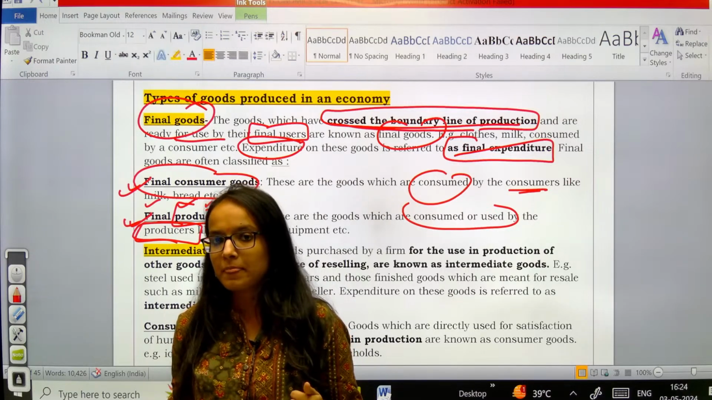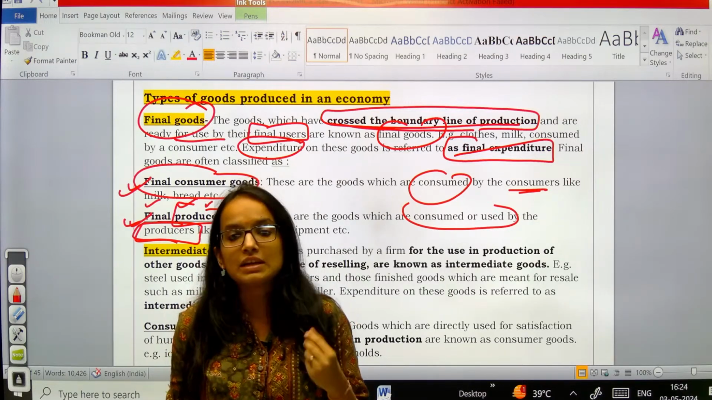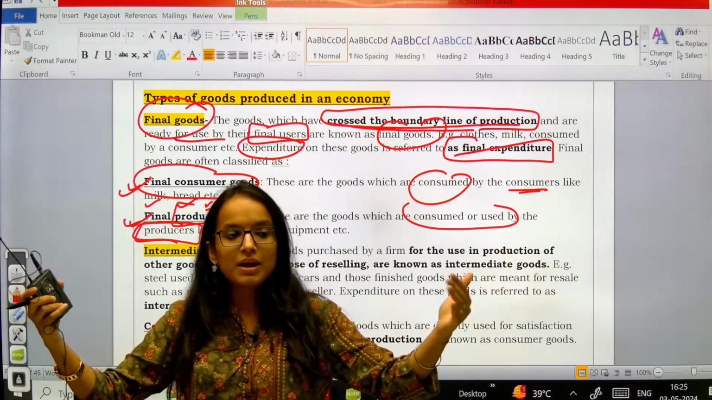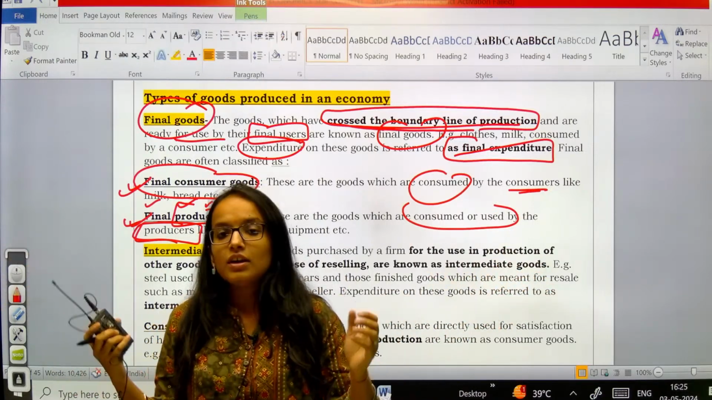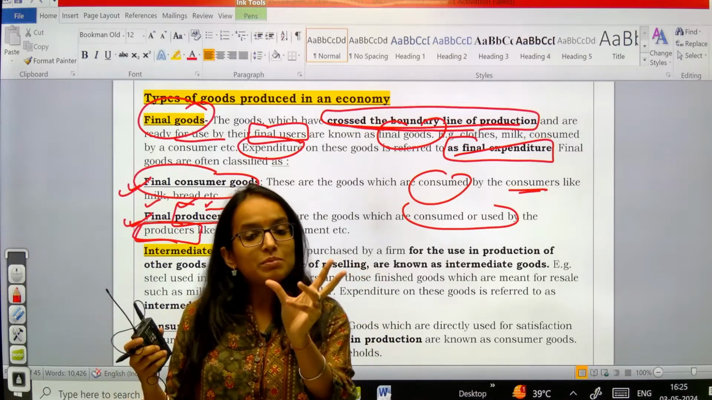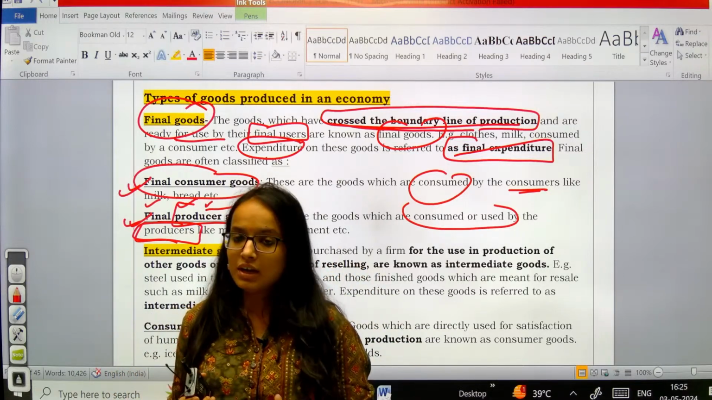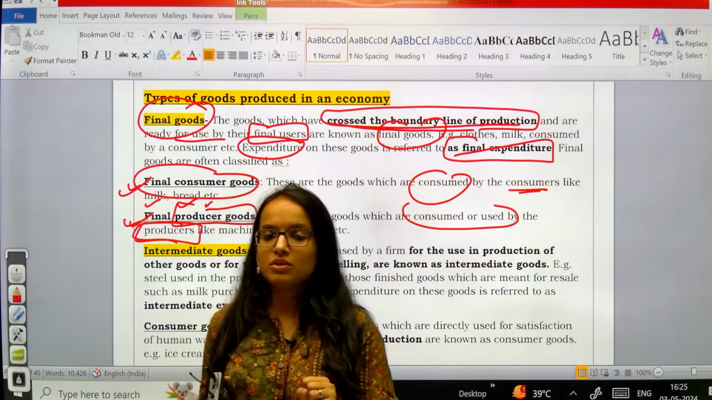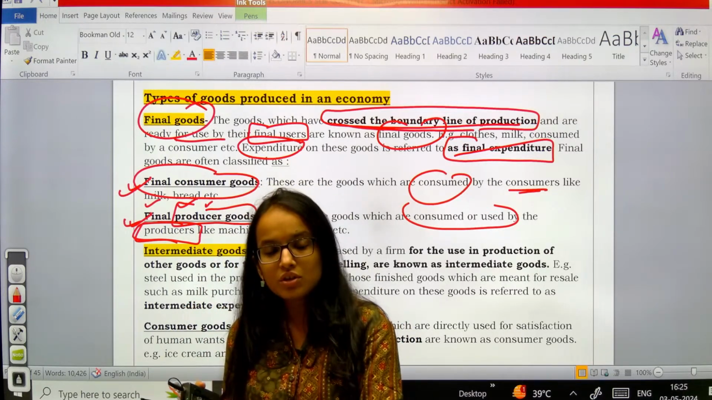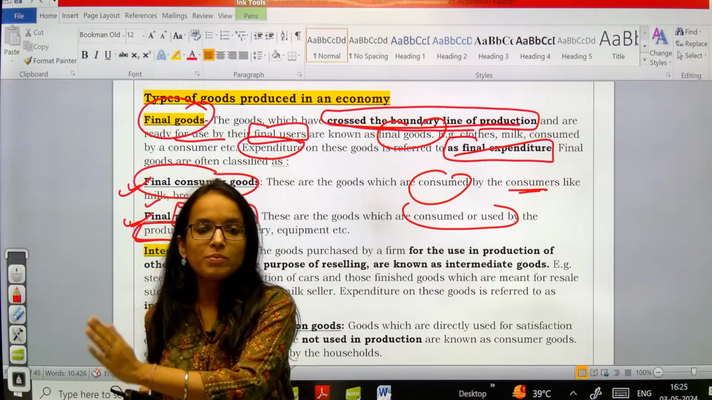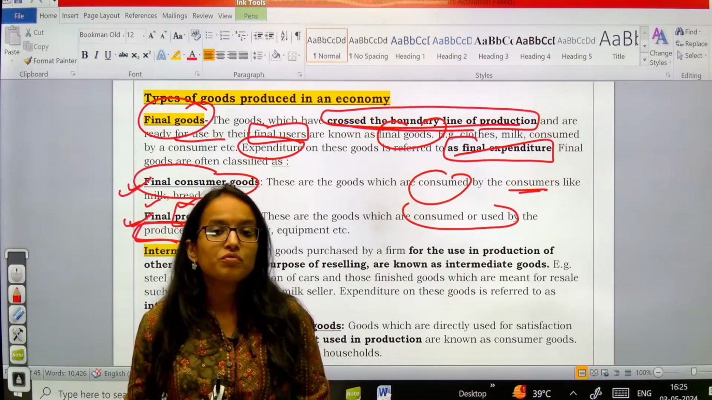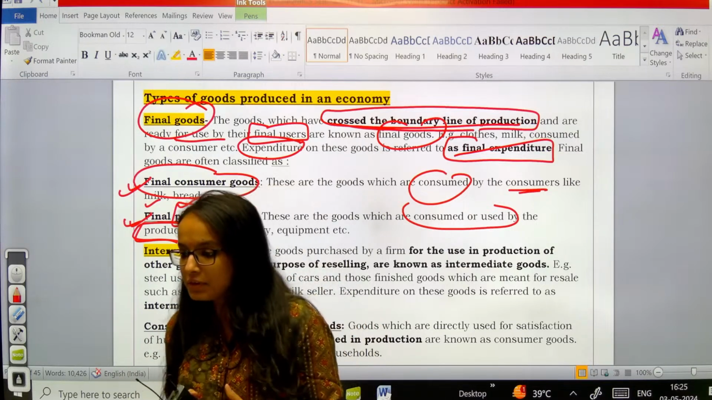For example, let's take the example of steel. We do not buy steel bundles, we buy steel utensils, right? So steel is bought by an industry for, say, machinery, so that steel becomes an intermediate good for that particular industry. So intermediate goods are those goods which are used for further value addition or for further production or economic activities. As I discussed with you the example of wheat yesterday, that if a bakery,